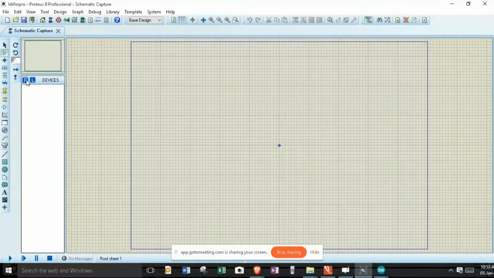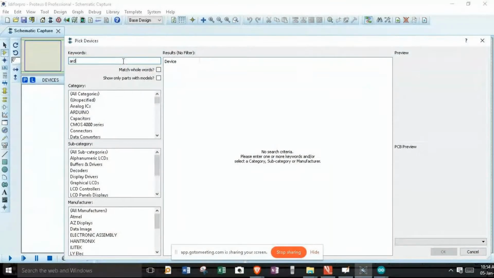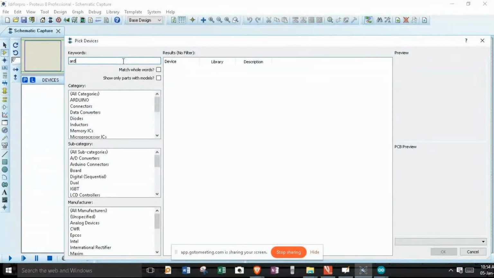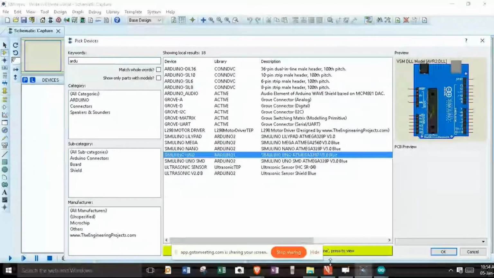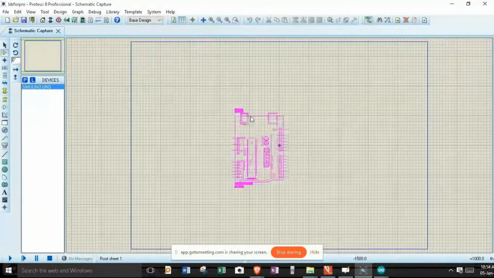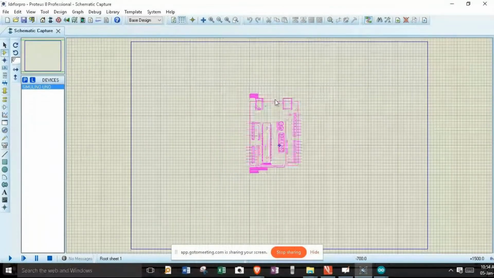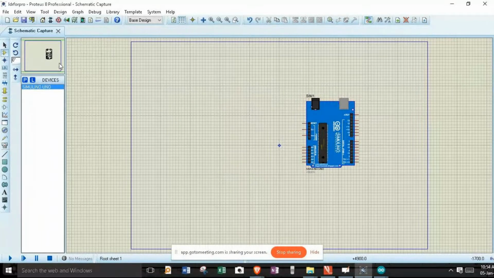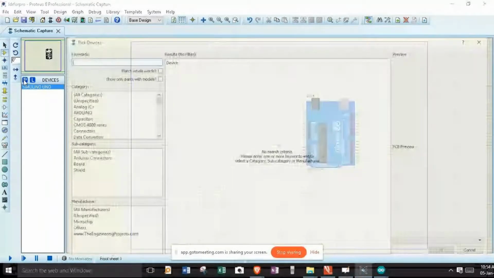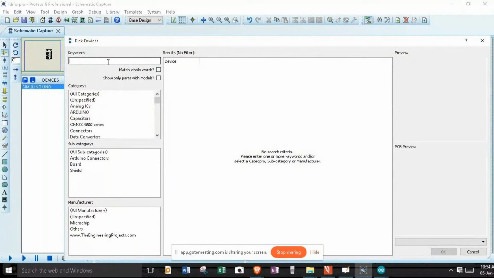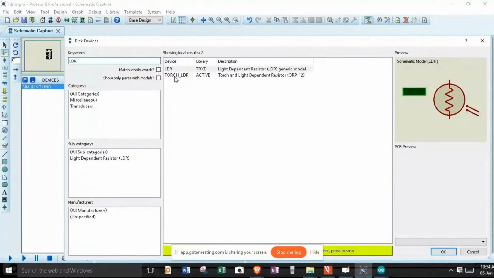So let's place Arduino Uno first. The next component that we require is LDR. So let's make use of torch LDR.